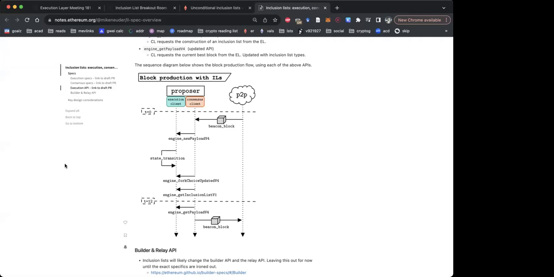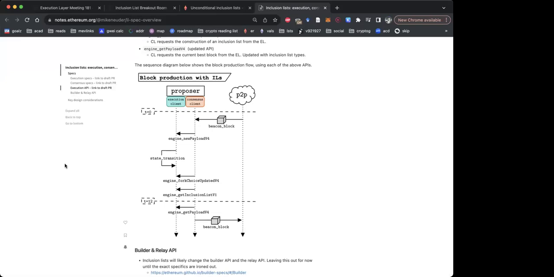And then the inclusion list can actually change based on the local payload that the execution client builds. So it makes sense for the execution client to return the payload with the updated IL, which is based on this payload.